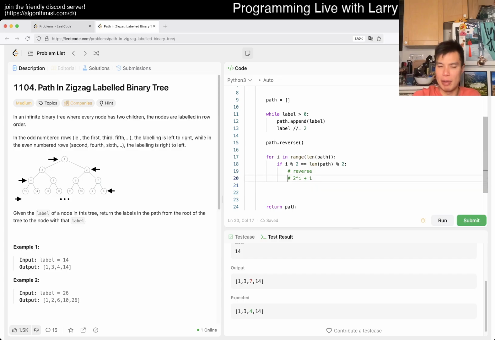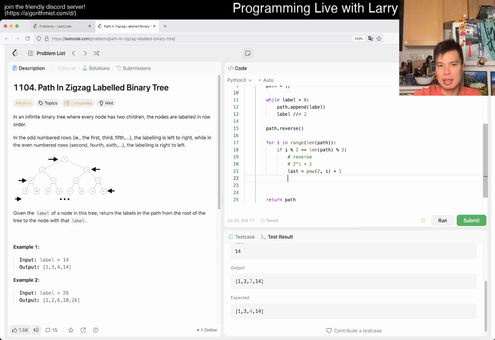Or just this divided by 2. I think that's fine, right? So basically, last is equal to power of 2 to the I plus 1, and then you just flip that. How do you flip it? So first is equal to last divided by 2, I think. Plus 1 maybe, because for 3 you get 2, for 7 you get 4, so actually it's just plus 1